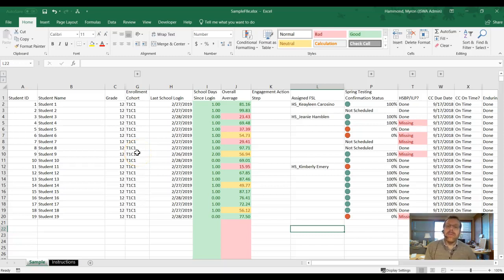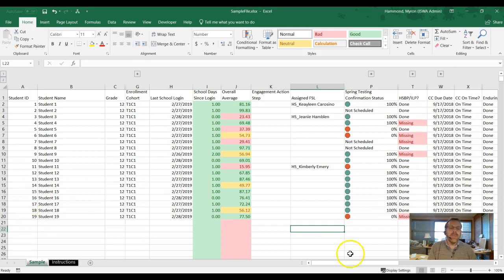We are excited to release a new version of the Advisor Strong Start Tracker with some really cool features to make your jobs easier, as well as provide you more information in a timely manner. The very first thing you'll notice in the new version is you're going to see these grouping symbols at the top of the screen. This has been added in order to reduce the size of the file on your screen,